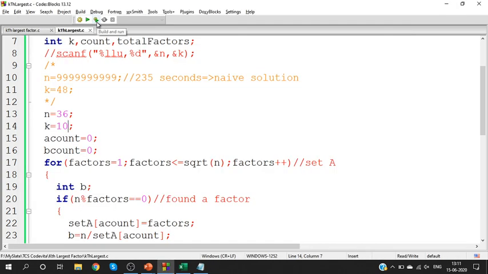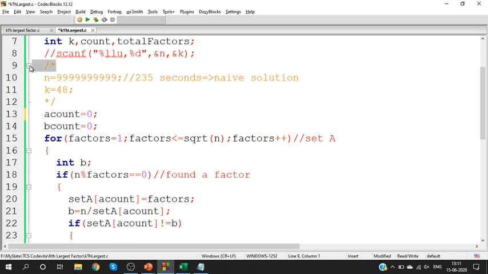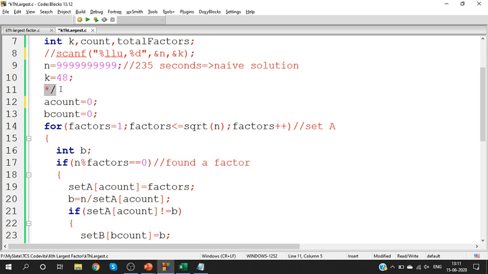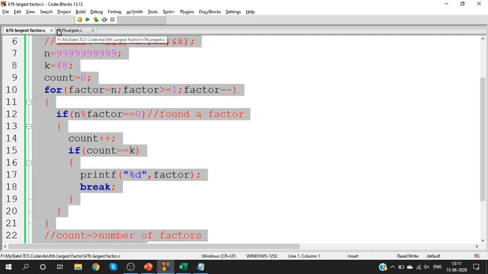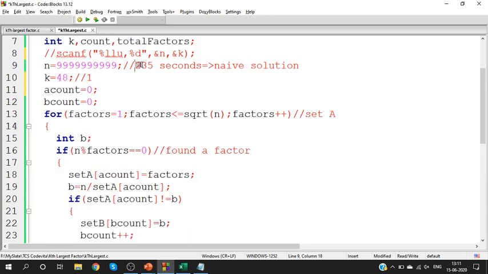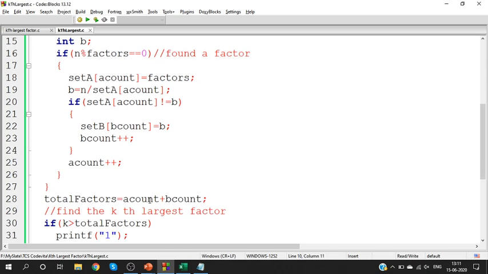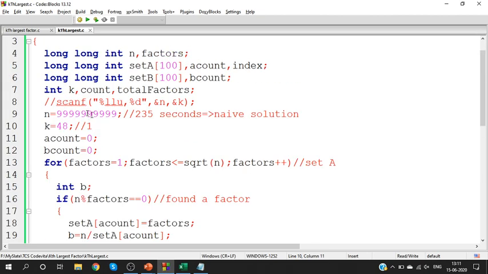Now what should you do? You should check this to the maximum extent. What is my maximum extent? Remember last time we gave the highest input possible. Highest n value followed by 48. Your expected output is -1. Remember in the previous program, in the naive solution, when I executed, it required approximately 235 seconds. Yes. So now I will see in this solution how much time is needed. Same input, guys. Look at that. N is 10 nines. K is 48. Let me see how many executions are required.